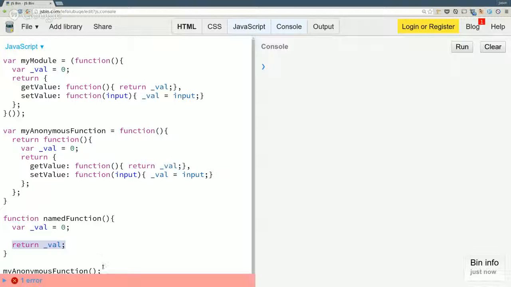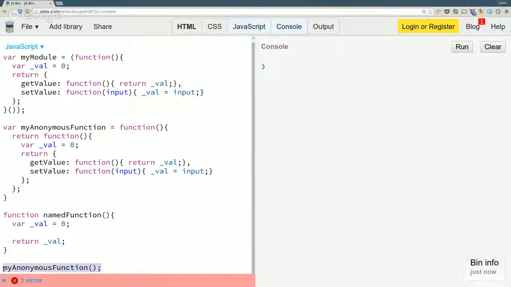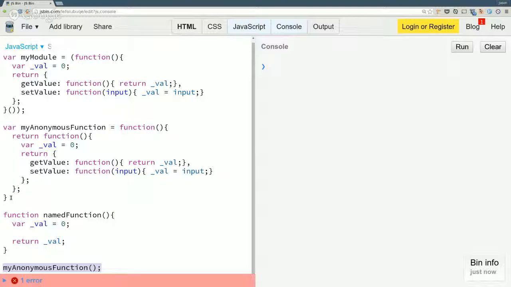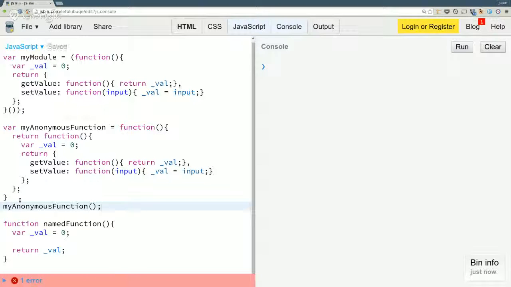For that second one, the myAnonymous function. Shoot. Yeah. Do you have to invoke myAnonymous function like twice? So what I'm doing here is that, gosh, what did I even do here? Oh yeah, I kind of got myself buried here.